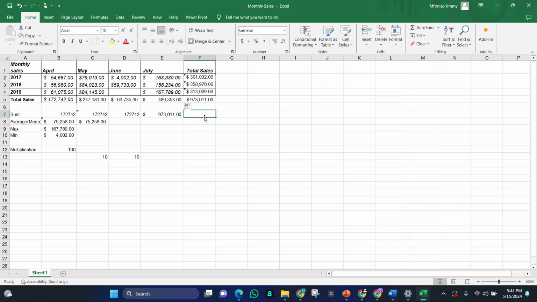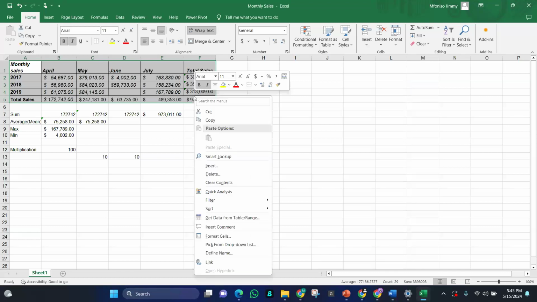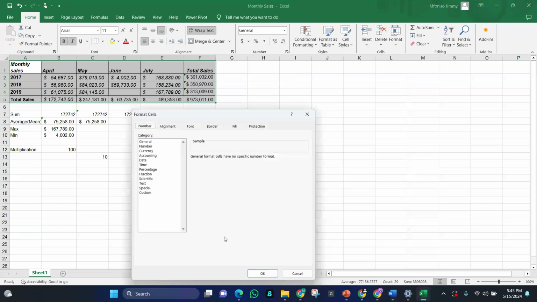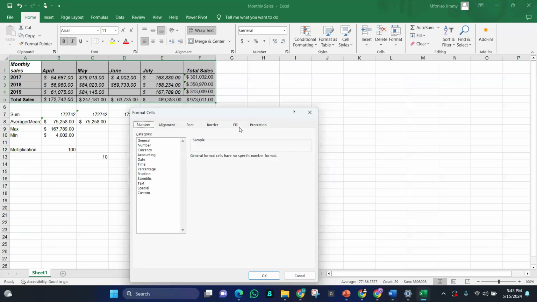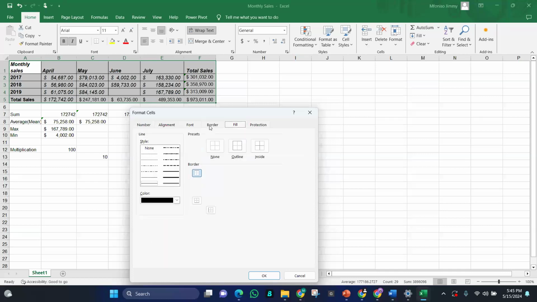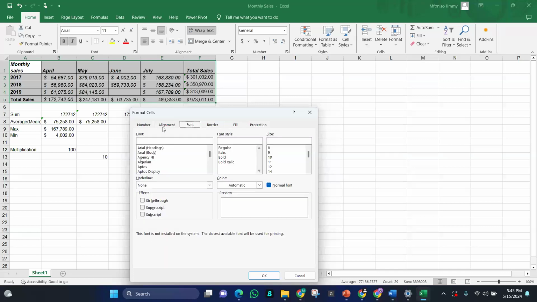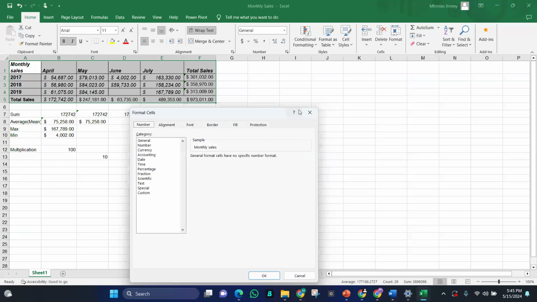So in this case, let's say we have 2017, 2018, 2019, and the total amount in all of this, and we want to format this table. We can format this table in a lot of ways.